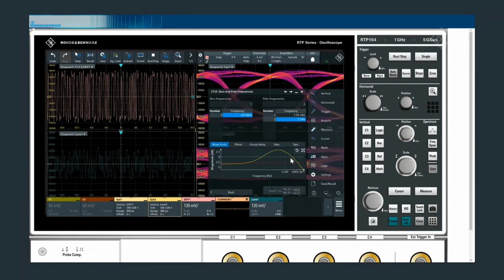If you then go into the actual settings themselves, we can see we have the zero frequency and the pole frequencies. Now, when you look into the standard itself, it gives you these values. Essentially, what we have here is a starter frequency of 650 megahertz. We're trying to amplify the frequencies at 1.95 gigahertz, the speed of the data bus. And then we're going to quickly attenuate anything above that. This is a way of only focusing on the signal details that matter to the serial bus. And so we can turn this on,